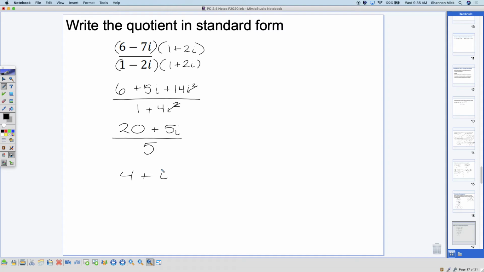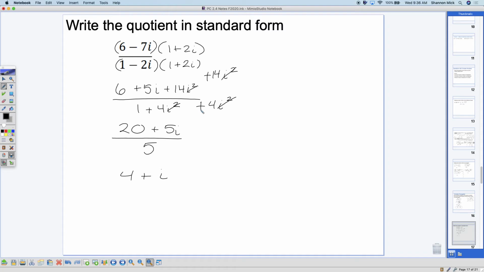Oh, you divide by 5. This was negative 14 i squared. This is negative 1, so that becomes a positive. This was negative 4 i squared. This is a negative 1, so that becomes a positive. I thought it was already 14 plus 2. That's what I got. Yes. So did you divide each